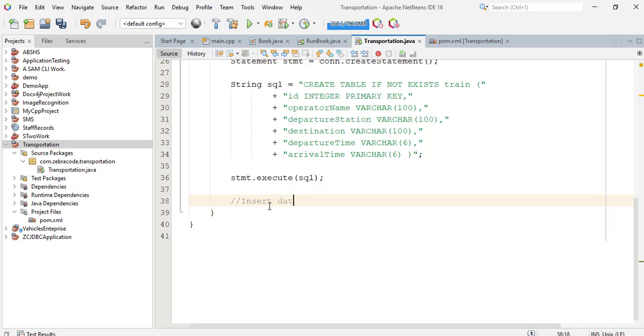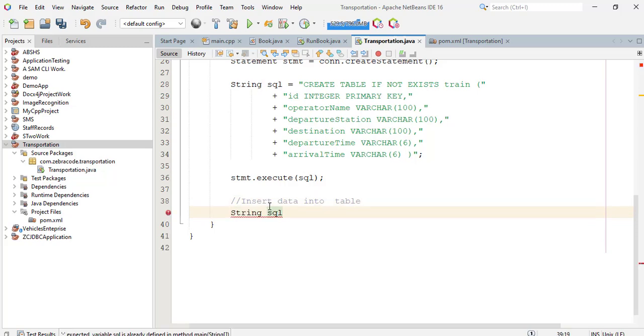Insert data into table. String SQL_insert equals double quotes, insert into train values. I'll enter here